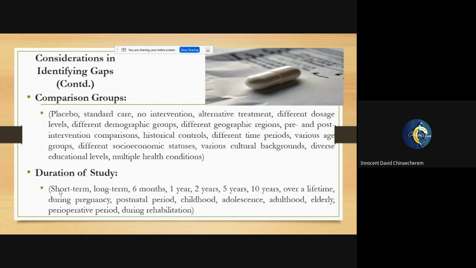Now, your gap in that study is not necessarily changing the population group, but you're only considering ART interventions administered in each of your included studies from 5 years and above. That way you've identified a gap. Remember that gap identification is that you want to prove a point. You might prove that ART given for 5 years and above is less effective compared to the one given in a shorter duration. So it could